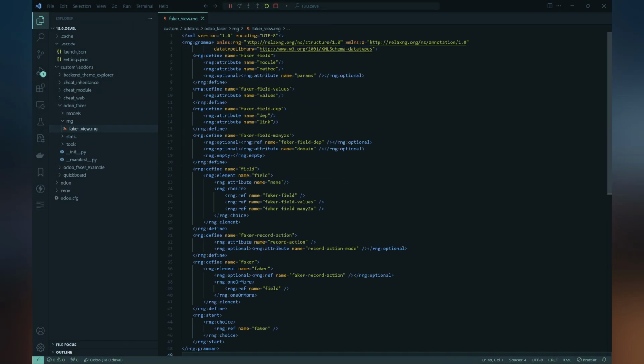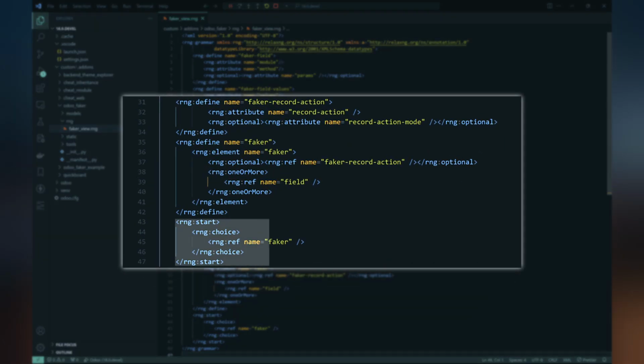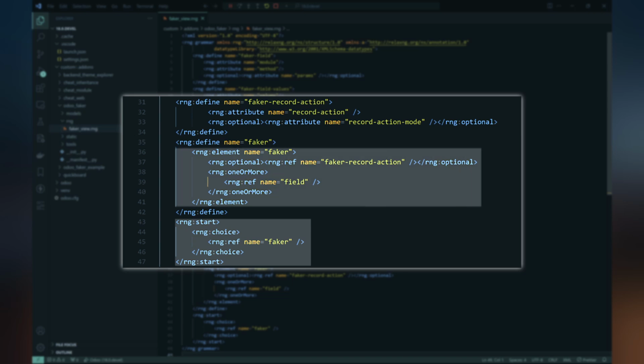Then, we'll prepare the relax.ng schema file. Let me walk you through it step by step. The Faker view type starts with a Faker element, which can have optional attributes like record action and record action mode. The record action attribute represents the method of the corresponding model that will be called after a record is